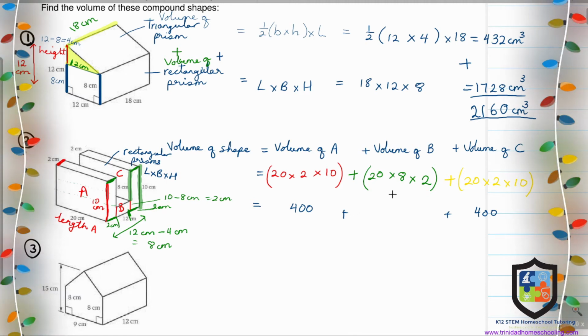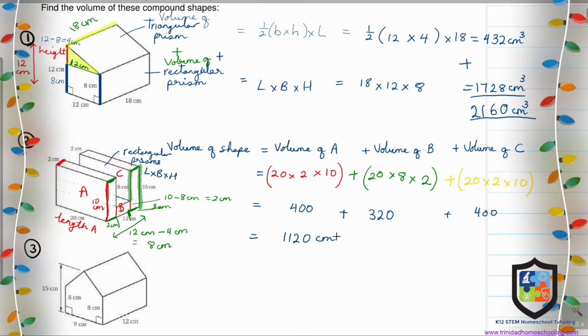Alright, so 20 by 2, that's 40, 40 multiplied by 8, that's 8 fours, 32 with a 0, right, from that 20, and we're just going to add these up now. That's 1120